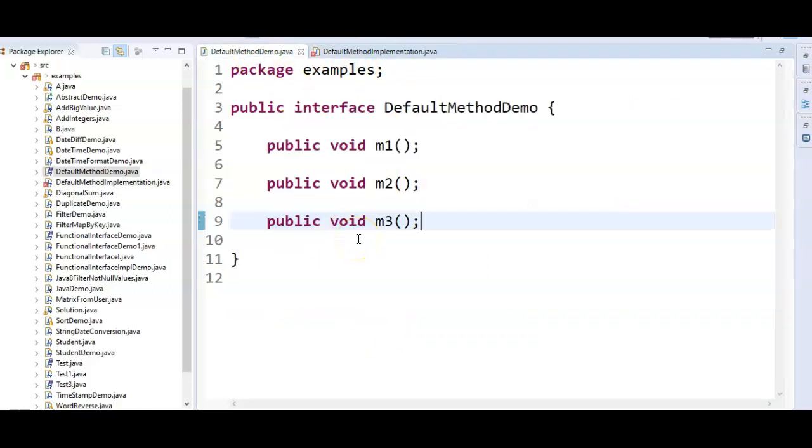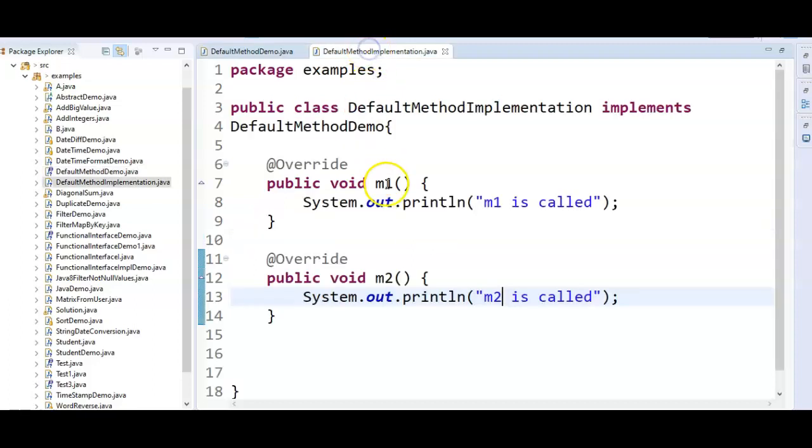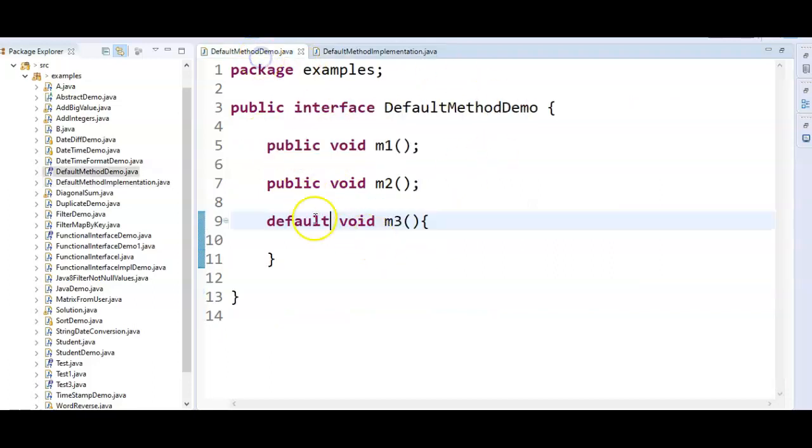To overcome this, Java 8 introduced a concept called default methods. If you see here, even though we are not giving any implementation for m3, we are not getting any error, because this method is a default method.